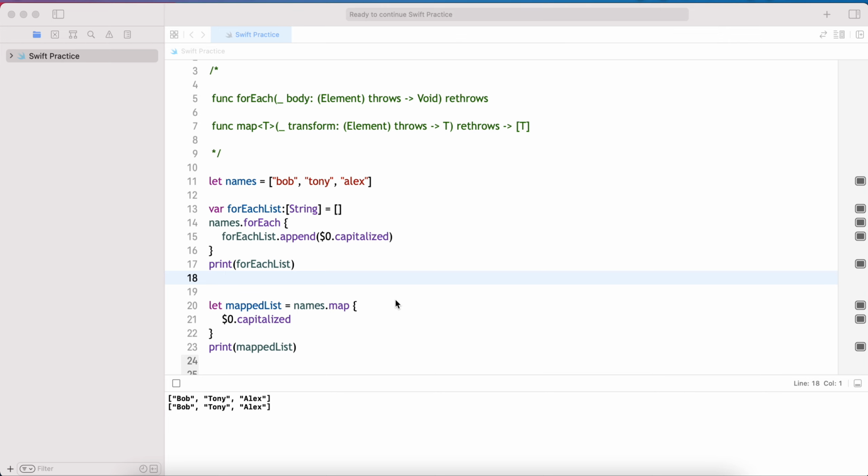In this video, let's see when to use forEach and when to use the map higher order function. Technically, if there is a requirement, we can use both forEach and map. For example, let's discuss that with an example. I have taken a names array, and using forEach, I can make all the names in the array capitalized,